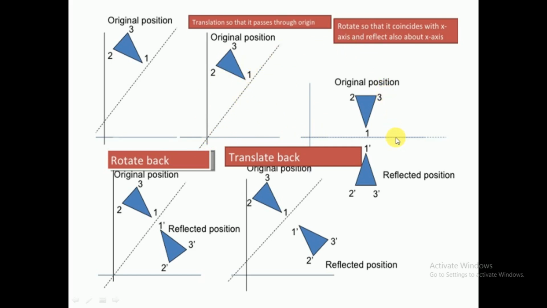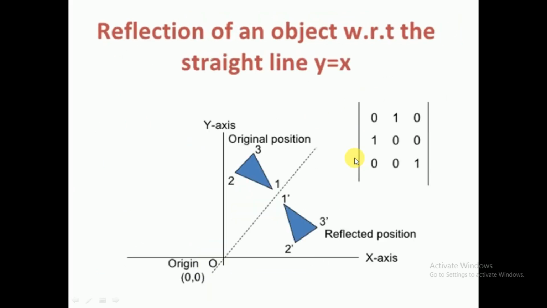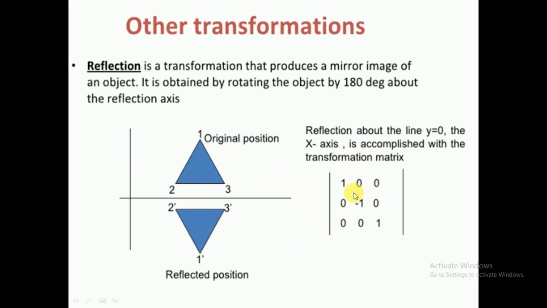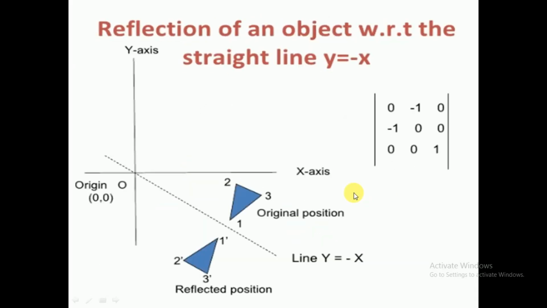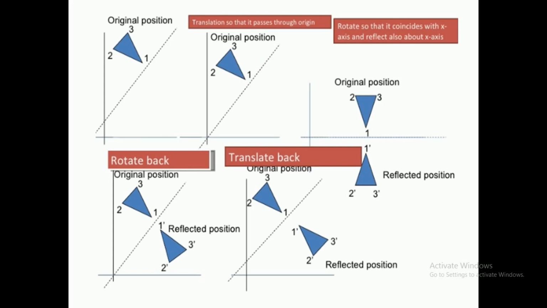Once it aligns with the x axis, then take a reflection there. You know how to take a reflection with this matrix. You use this matrix directly, right? If you multiply with this matrix, it will be a reflection about that axis. Then after that you will get the reflection. Then what do you have to do? Again re-rotate, then that line will come back like this. Then afterwards retranslate. Then you will get the reflection you have done about this axis.